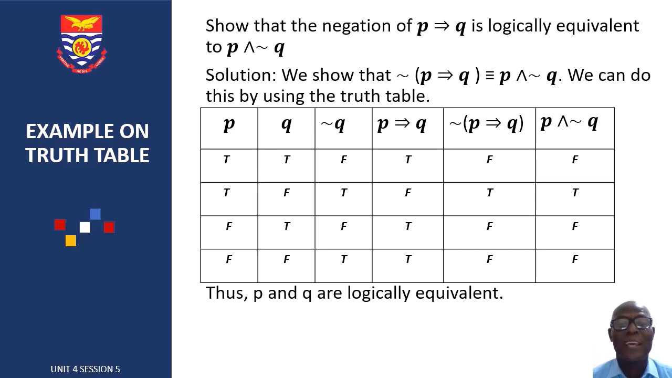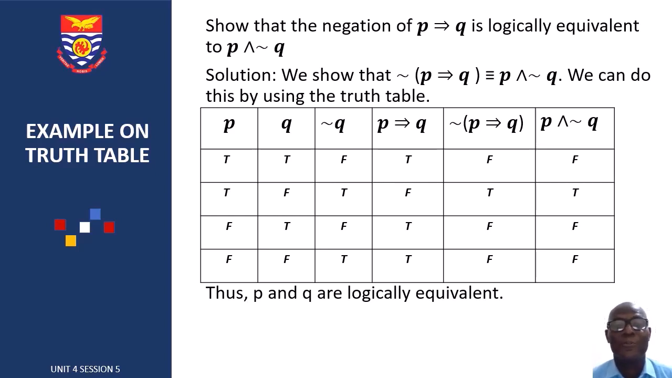Then we find the negation. If P implies Q is true, then its negation is false. If it is false, its negation is true. If it is true, its negation is false. If it is true, its negation is false. Now we find P conjunction